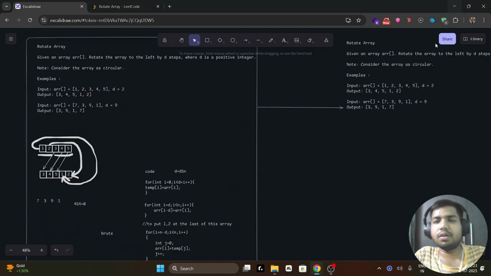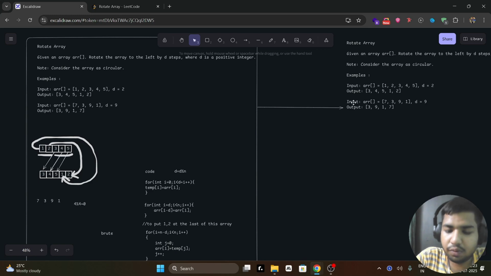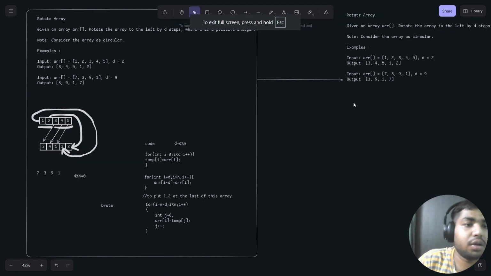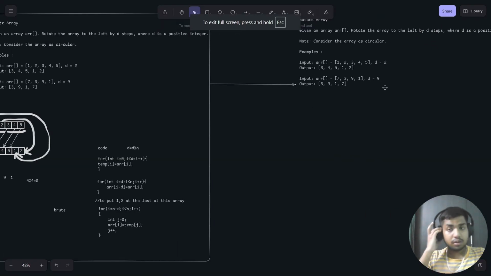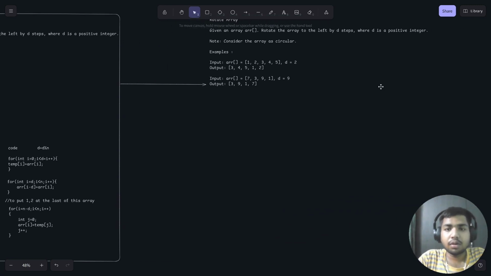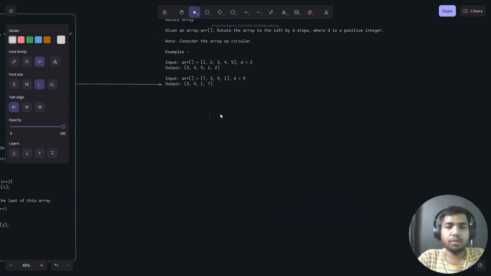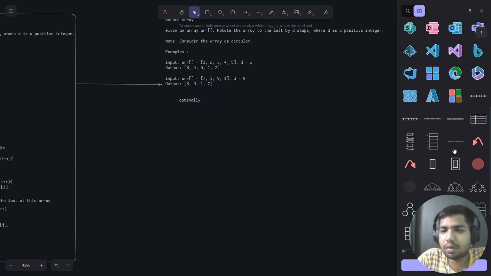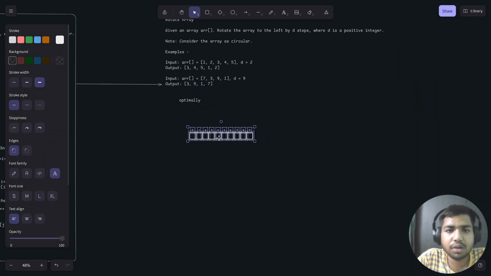So since now we are done with the brute force method, let's try to do it with the optimal method. So yeah, we are here also. We'll do it optimally so that we can reduce the time complexity and space complexity for the given question. So how we'll solve this given question again is